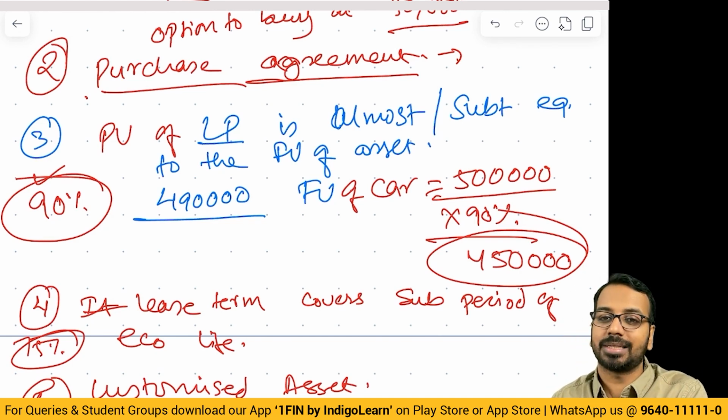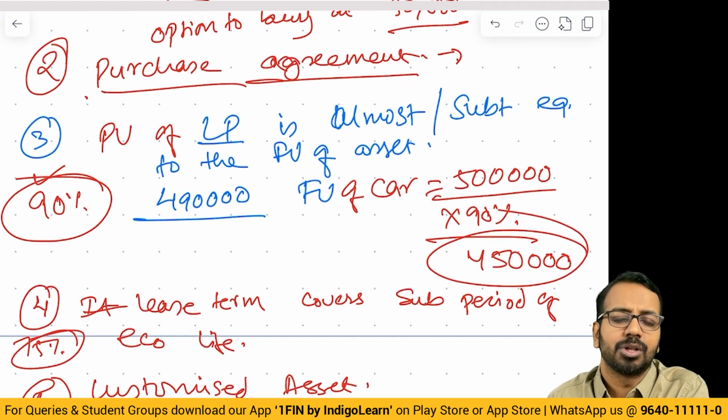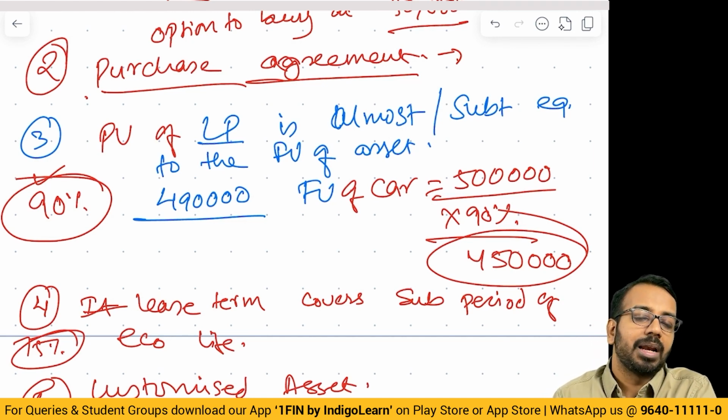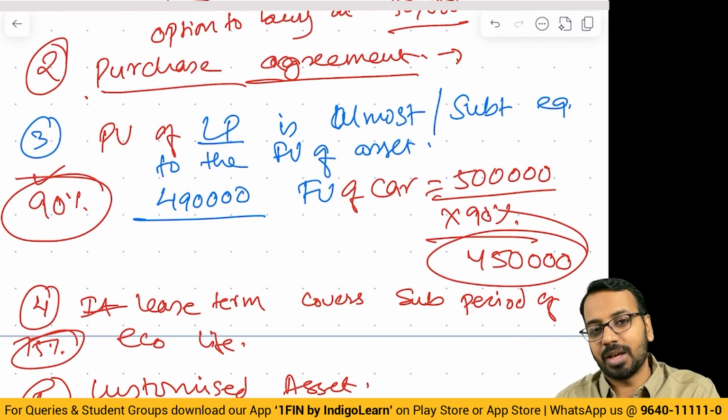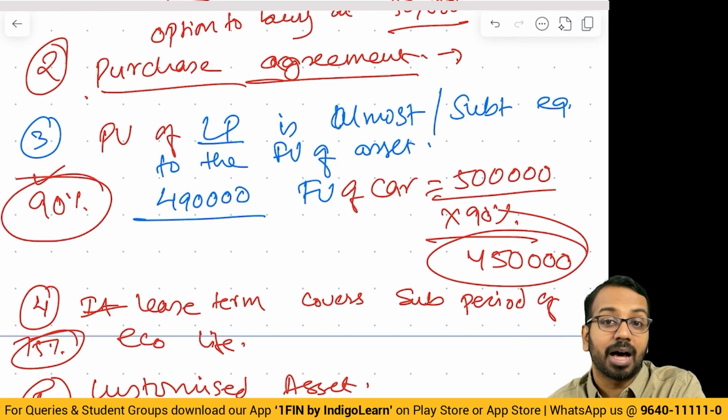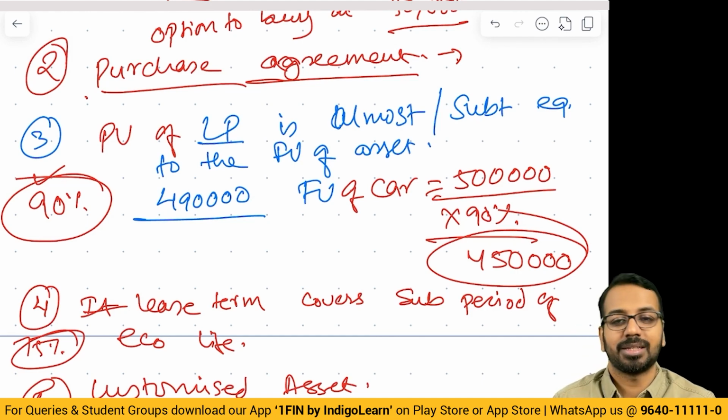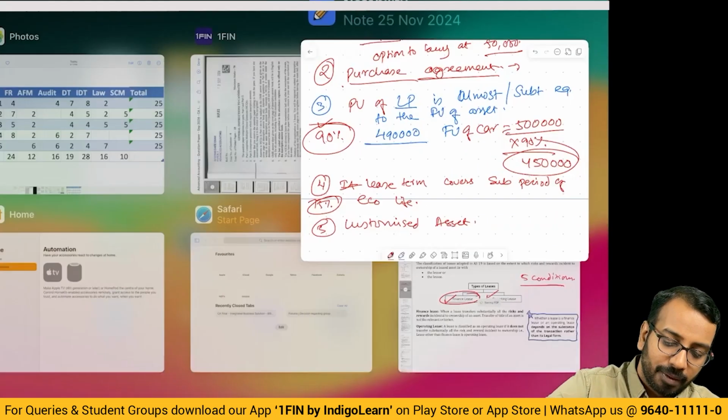Only I can use the asset. The lessor does not have any other use. So in a nutshell, the lessor has built the asset for me. I will enjoy the benefit out of the asset. The risk and rewards are assumed to have been transferred, and hence it is also called a finance lease. Okay, so the conditions